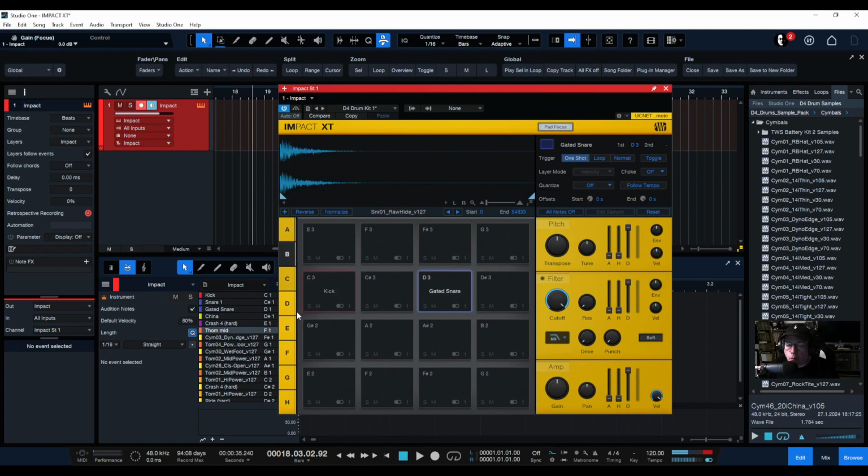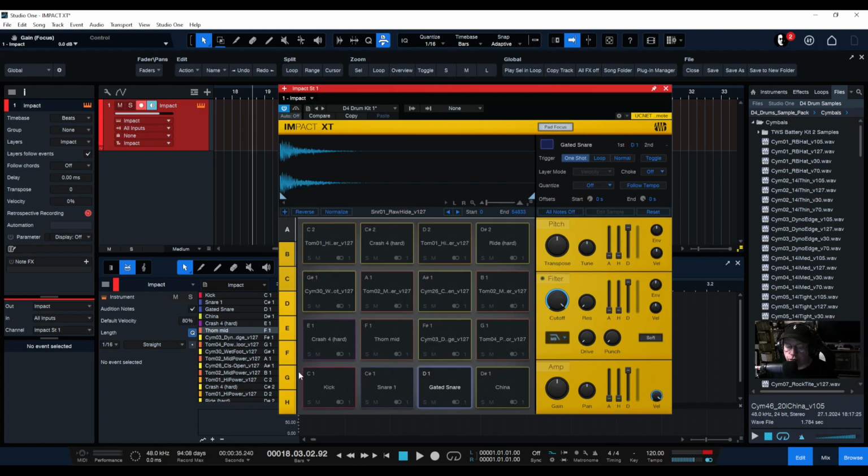There we go. So what this gives me the ability to do is to copy samples from one bank to another bank. And it also gives me the ability to edit these sounds differently. So now, if I go here, I can actually edit the amp, I can edit the filter. The thing to remember here is,